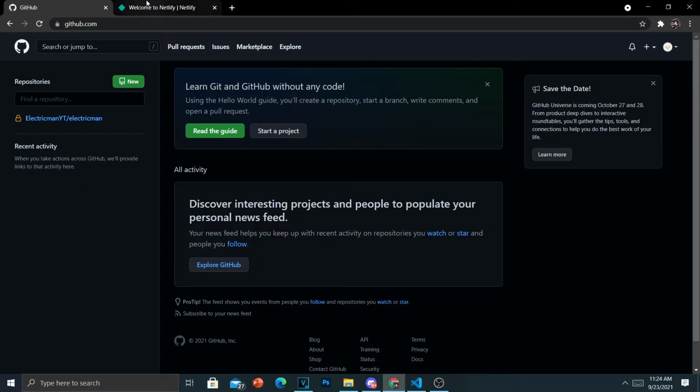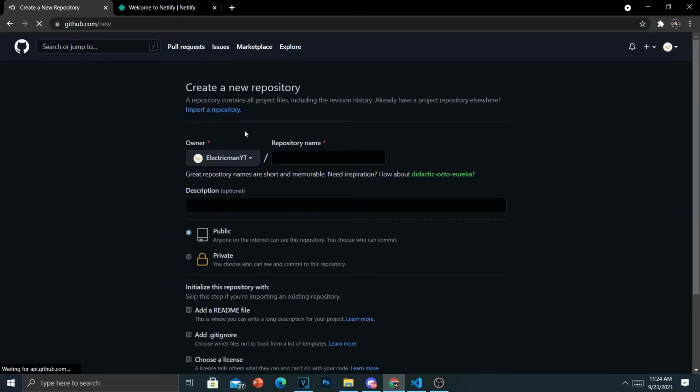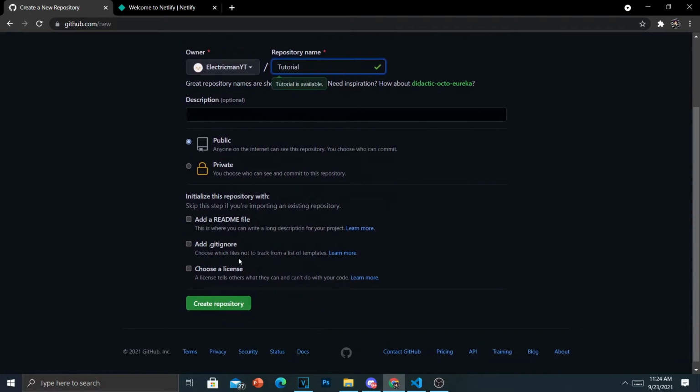Now we're going to hop into GitHub and make a new repository. There is another way and it's easier. It's called GitHub Desktop, but you need to log in again, so I'm just gonna use GitHub from the website. We're gonna call it tutorial for the repository name, and ignore all of these. Make it private for me, but you can make it public too if you want. Create repository,